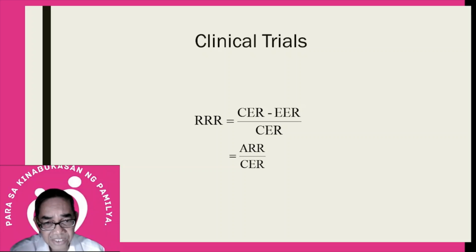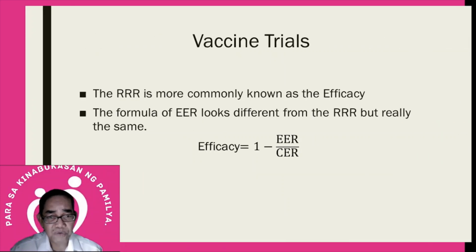Again, this is the CER minus the EER. This is actually the absolute risk reduction relative to the control event rate. So the absolute risk reduction relative to the control event rate, that is the relative risk reduction. But you can have a different formula for a relative risk reduction, but it will give the same